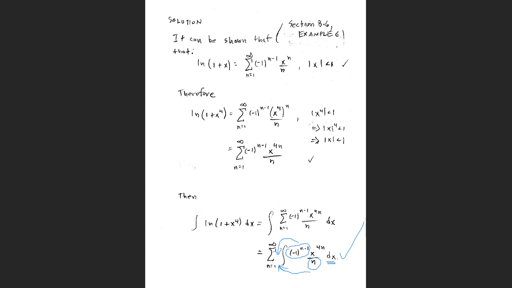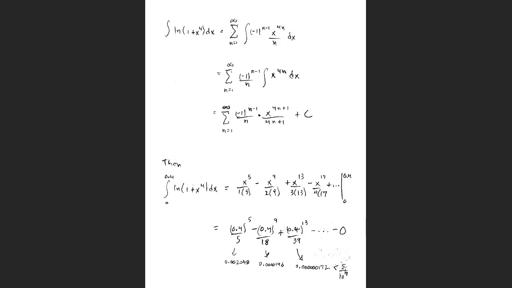Okay, are there any other good questions? All right, well, let's proceed on then. We have to integrate next. So I did bring out the negative 1 to the n minus first power over n in front of the integral. And now the antiderivative of x to the 4nth power is